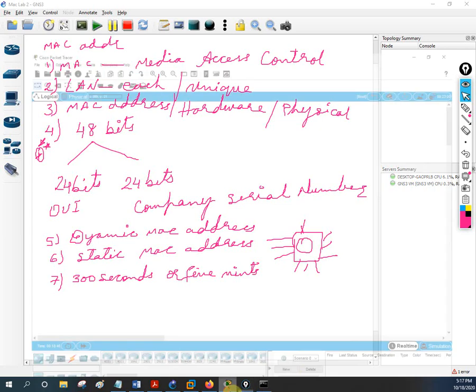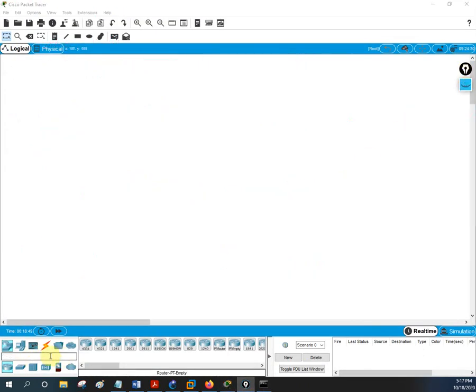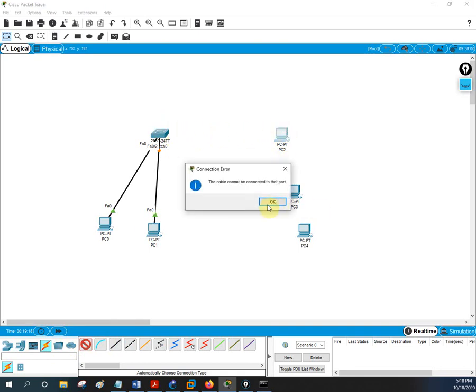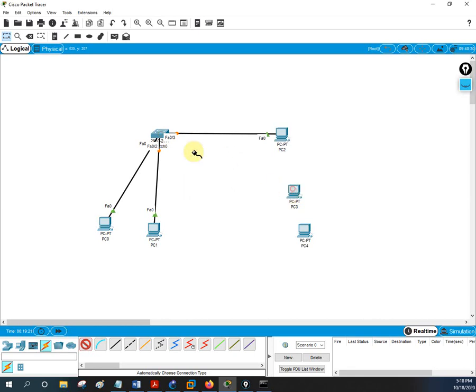If you see here, this is Packet Tracer. Let me take one switch here, and let me connect some PCs. For example, I have this PC and this PC. This is a simple example I am showing you, but we know this already. Just remember, the switch is going to flood the frame the first time when it doesn't have the MAC address. And the switch will store the MAC address for 5 minutes. The Cisco switch stores the MAC address for 5 minutes. If the PCs are not communicating, then it will flush them out.